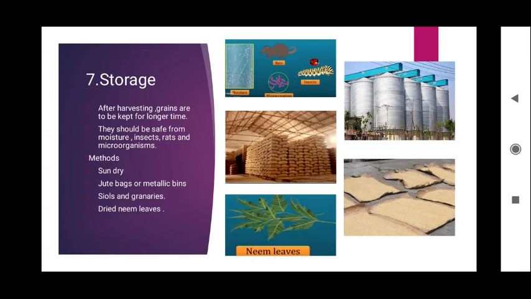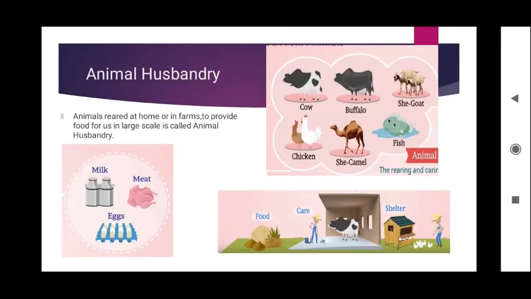We have just gone through what the farmer will practice for crop production and how he is going to manage. So finally we'll have a small account on animal husbandry. So when we think, do we get food only from plant sources? If that is a question, then it is not. Some of the food also comes from animals, as you can see in the picture, like milk, meat, eggs. All these are animal products which serve as food for many of us.